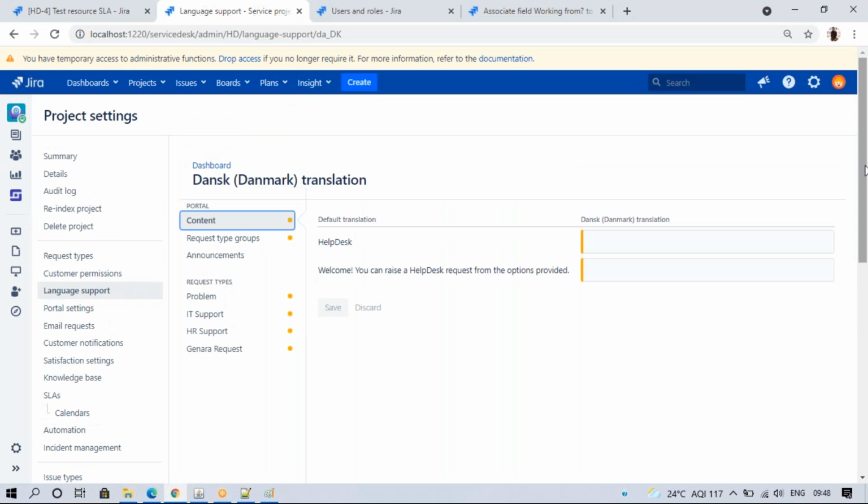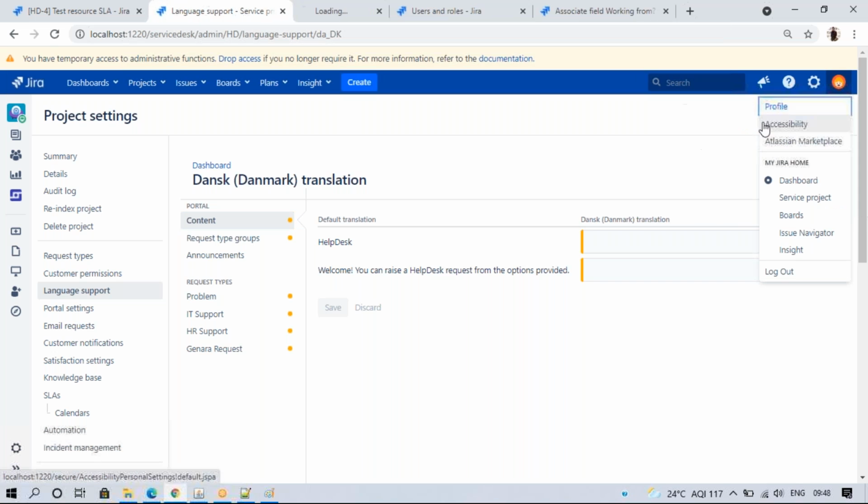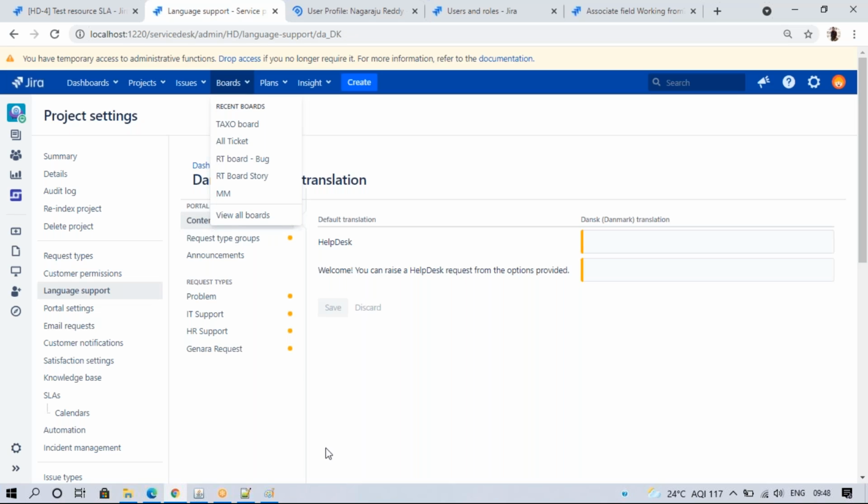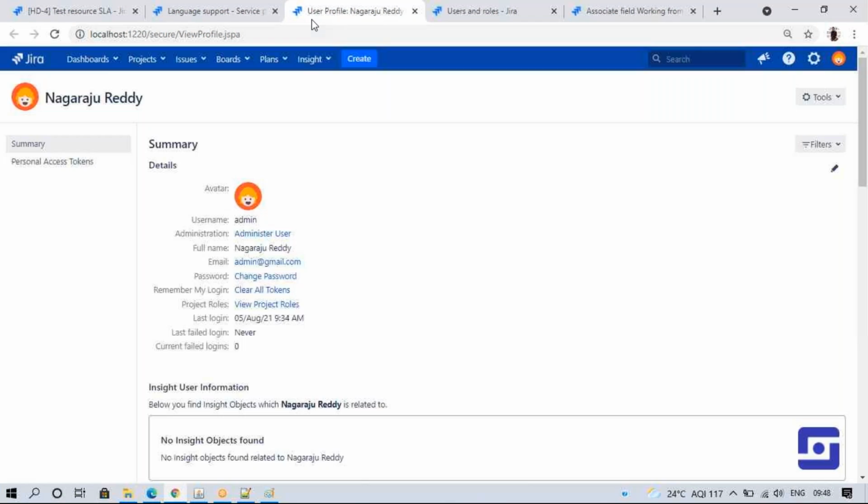How it comes is like in profiles we have Jira by default, right? Suppose we have a language, English. If they select another language like Dansk, these fields they can see there.